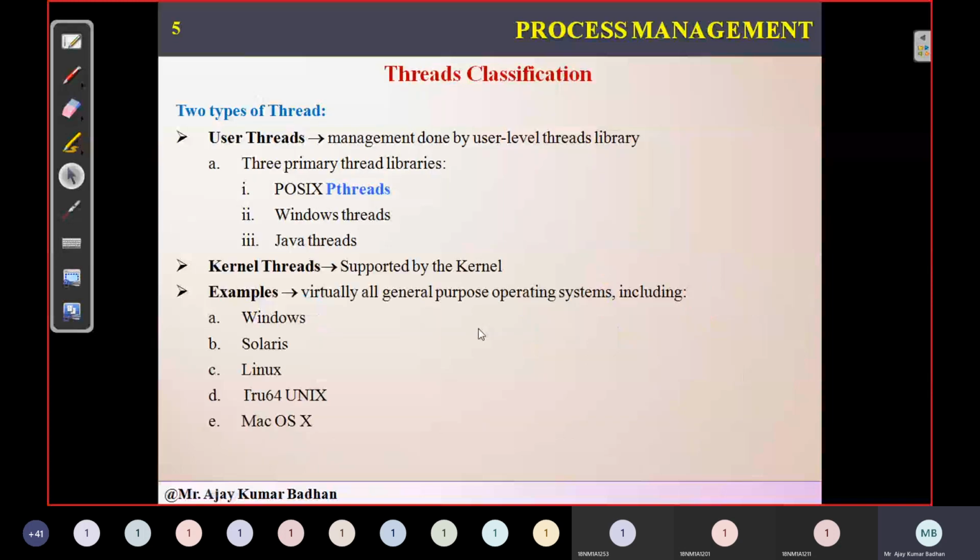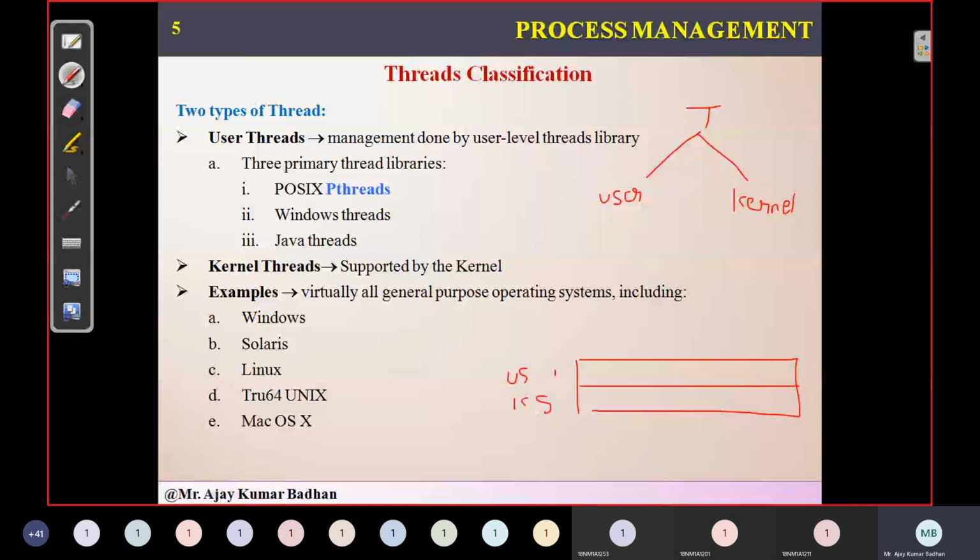Now, what are the different types of threads we have? Based on the level, we have two different types of threads. Let me explain them, then we'll go on. Threads are called user level threads and kernel level threads. Kernel is related to your system, isn't it? Already we discussed in the previous session that we have user space and kernel space, and we had mode bits. Whatever user related work there is will be executed in user space. If system related work is there, that will be executed in kernel space.